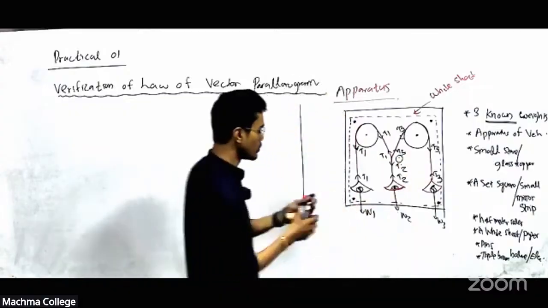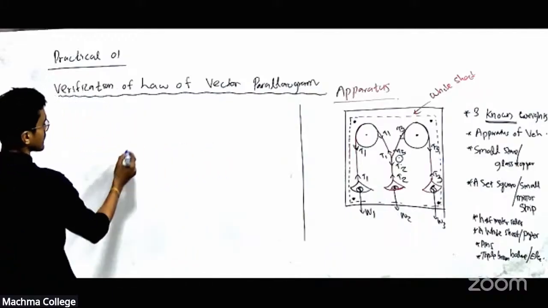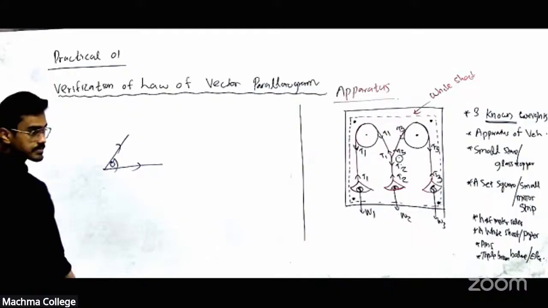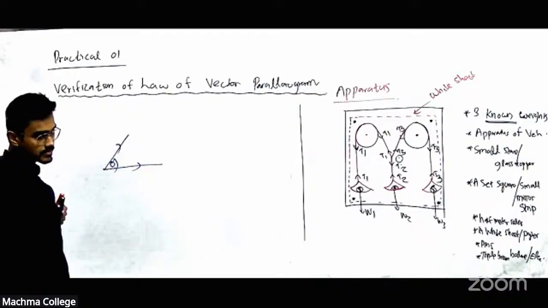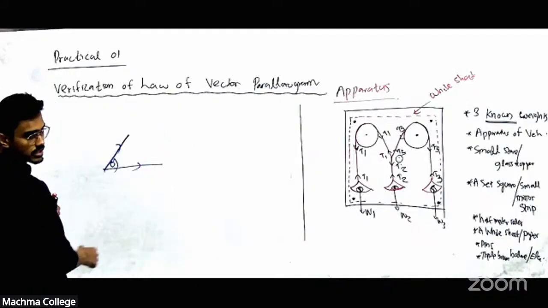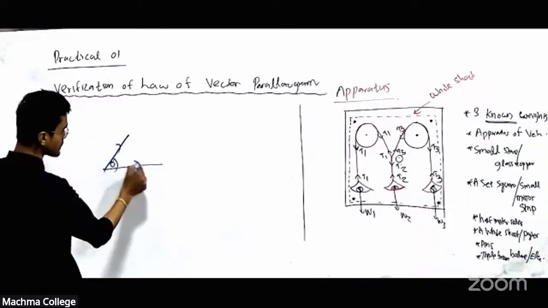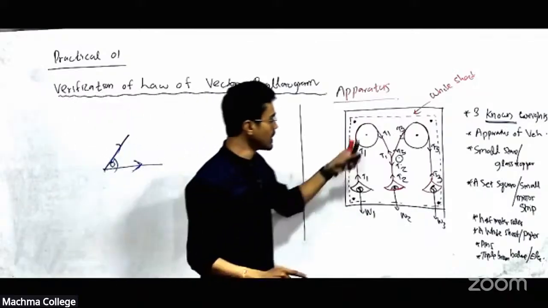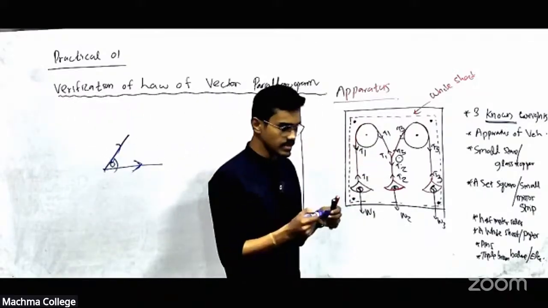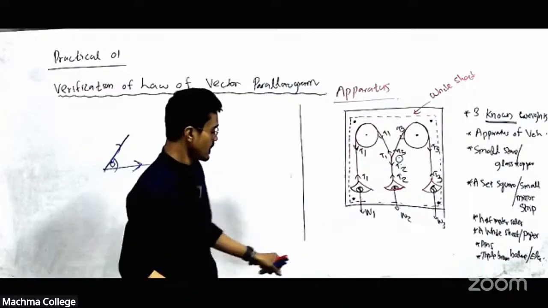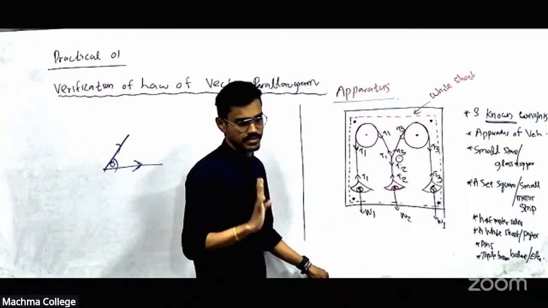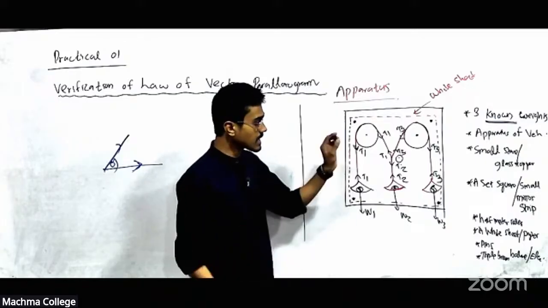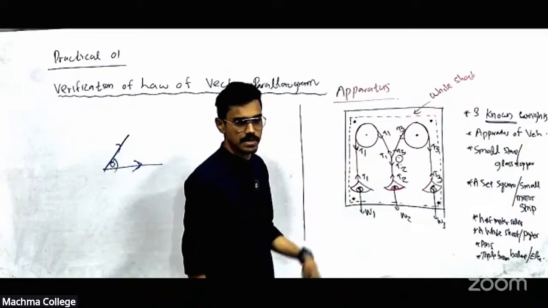Now, to draw a parallelogram, beforehand we have to know this. Then only we can draw the parallelogram. Which means acting line should be known with the angle. Now, we are going to find out the acting lines of these forces. For sure, we know that it is on the string, right? So which means we have to get the exact directions of these strings onto this paper somehow, right?